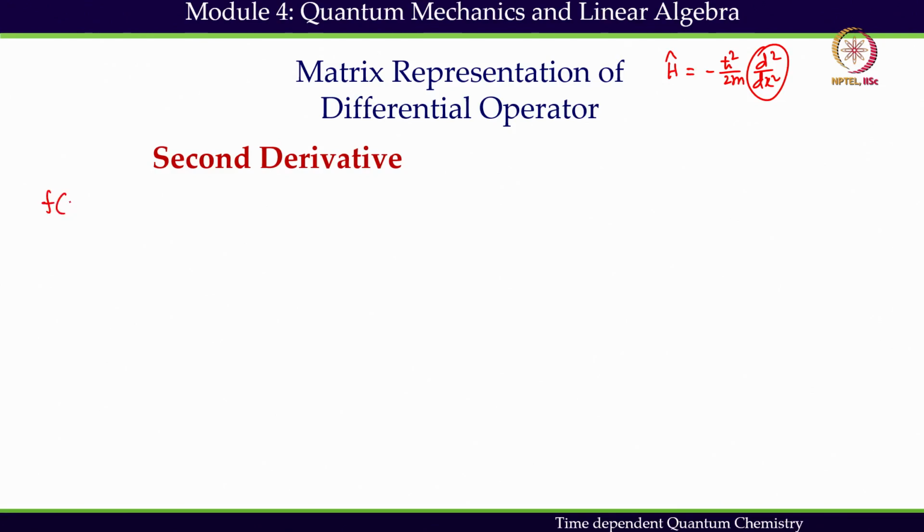If we add them together, we get f of x naught plus delta x plus f of x naught minus delta x equals 2 f of x naught plus 2 times the second derivative at x naught divided by 2 factorial delta x square plus 2